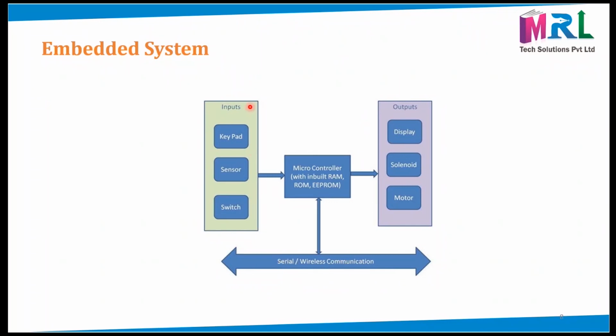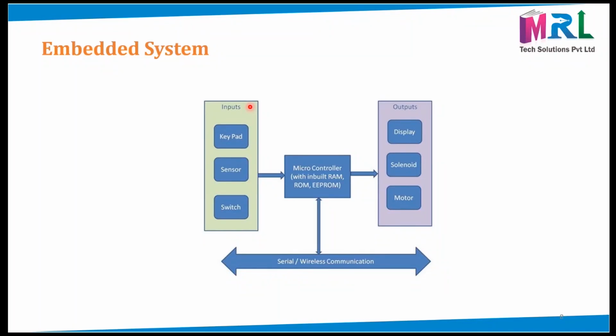So here input devices are maybe keypad or sensor or switches, whatever. These all come under the group of input devices. It is used to get information from the surrounding environment, or manually it will get the information from a human. So that information will be sent to a processor. Based on that information, the processor will process the data, and based on the data, it will trigger the